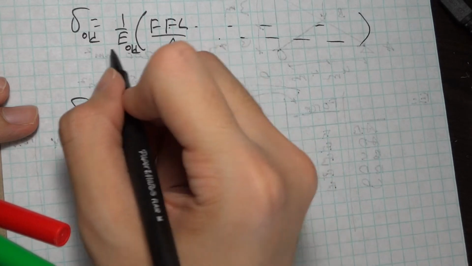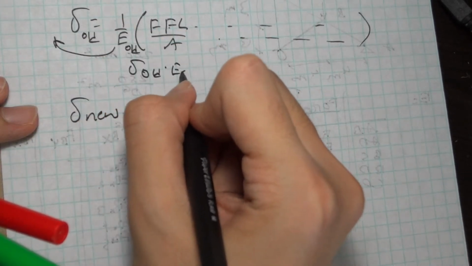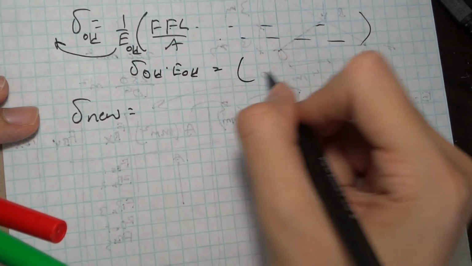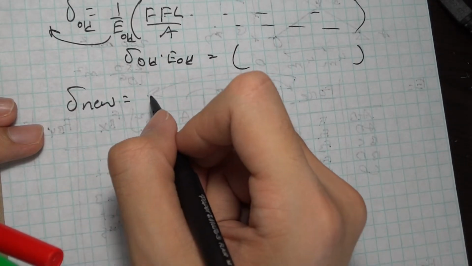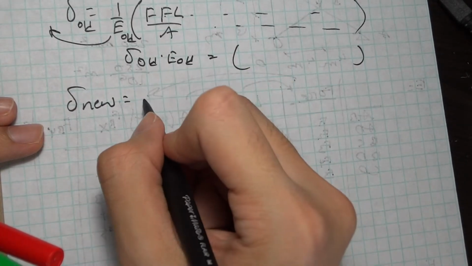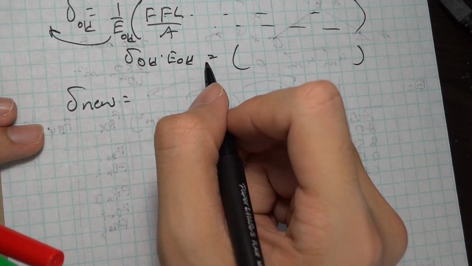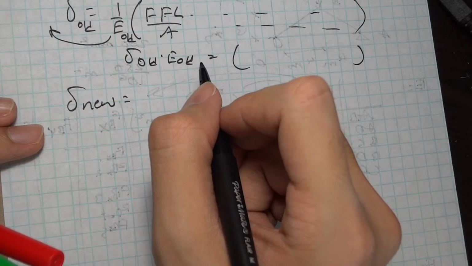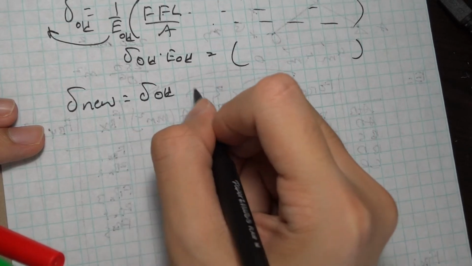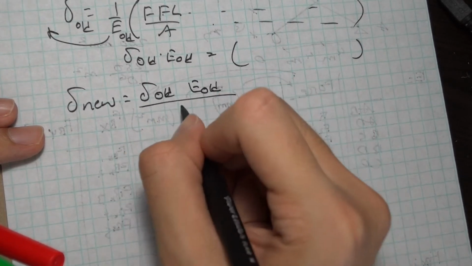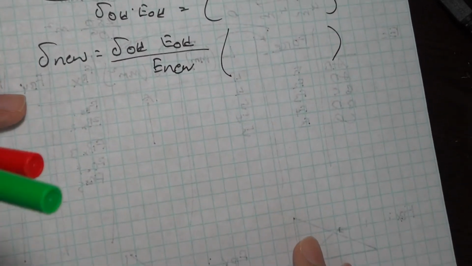Then I can bring this over here and express delta old times E old equals this in parentheses. Therefore, delta new is equal to